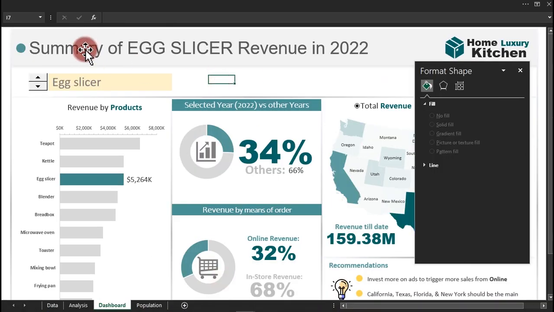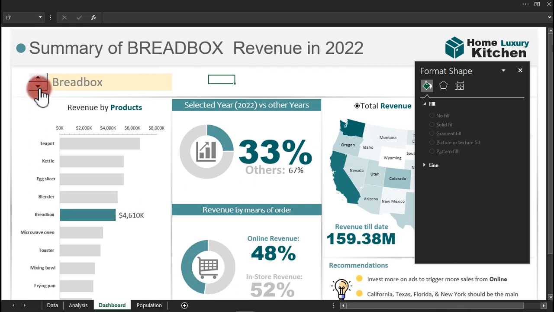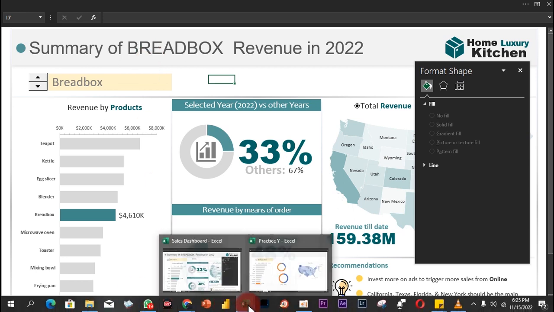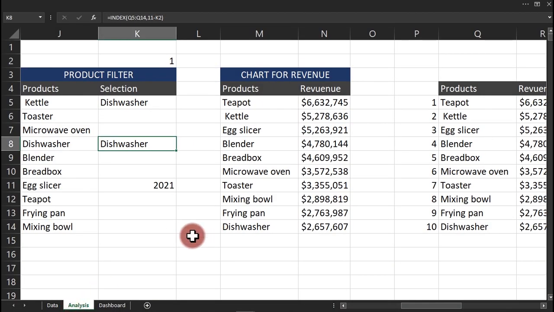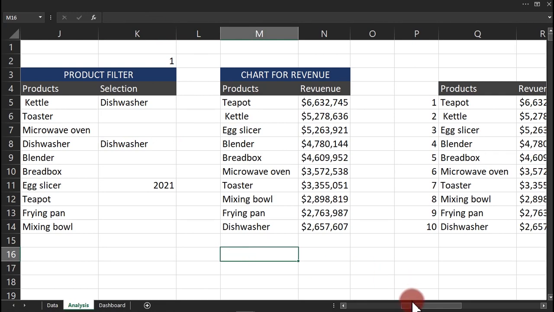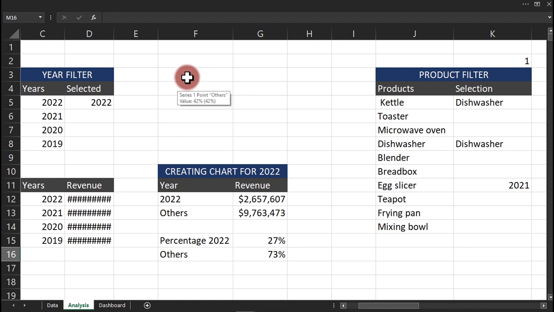So what happens when we select something like this? It says summary of Blender revenue in 2022. Selecting under product is giving you a different title entirely. So that is exactly what we have to do right now. So we have to head back right here and go to our analysis. I'm going to come right here, and come to this part where we're seeing this. I want to say header